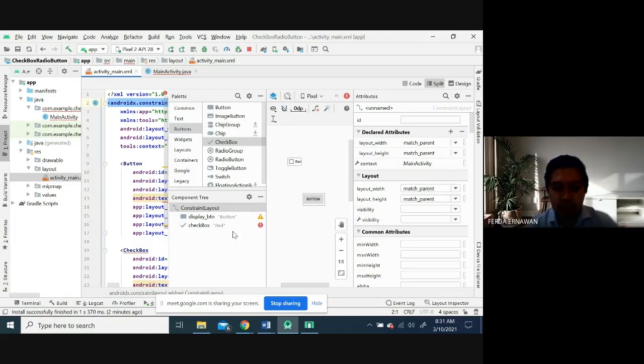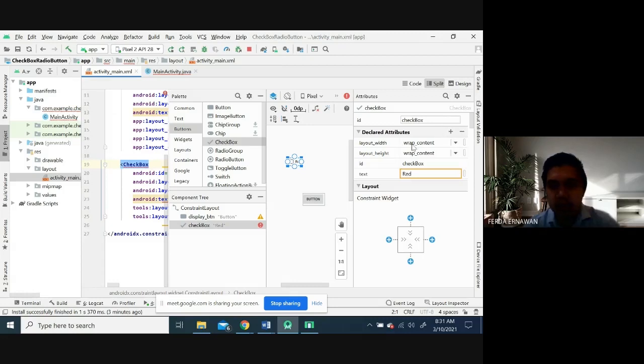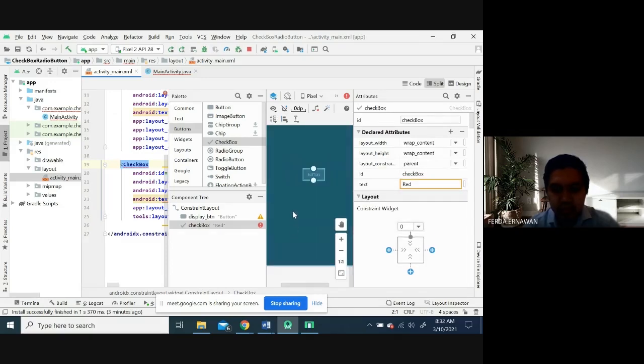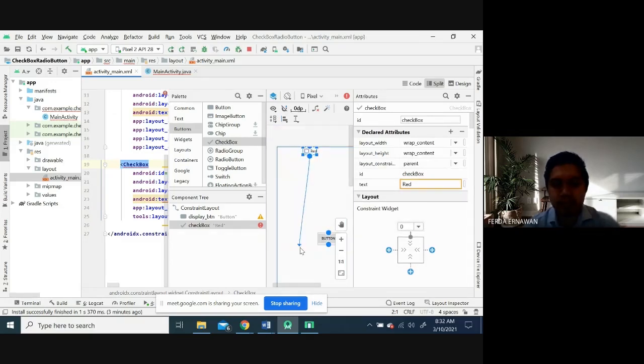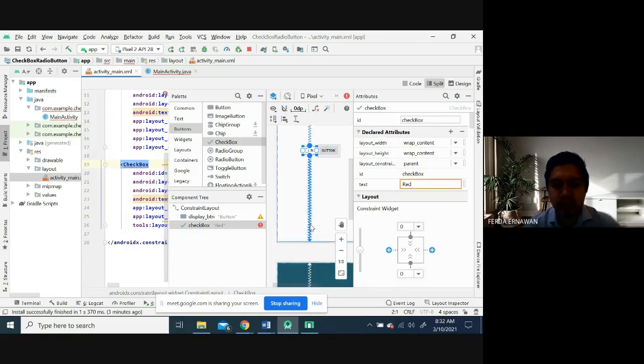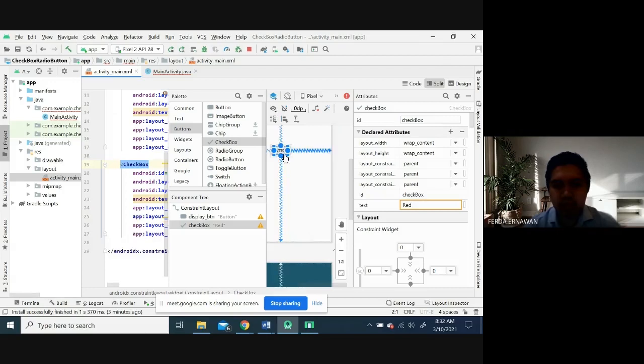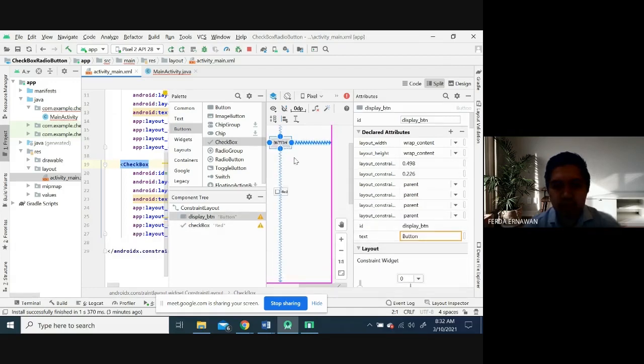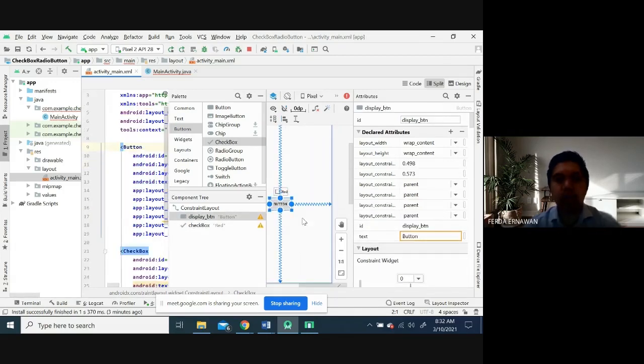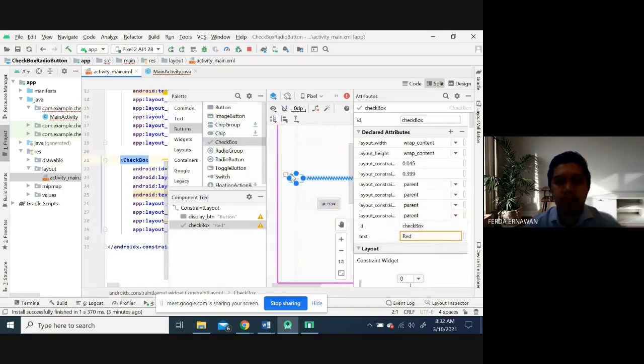If I look here, there is a constraint layout warning, so I have to set the constraint layout. Okay, like this.